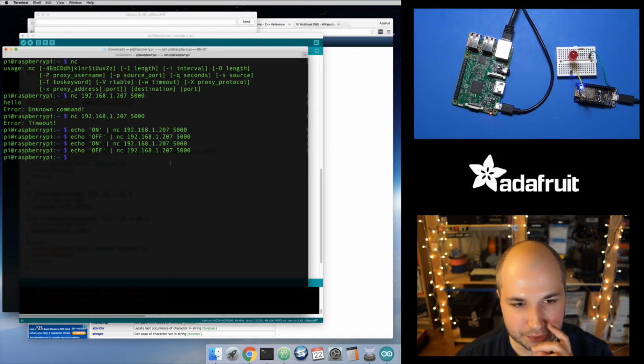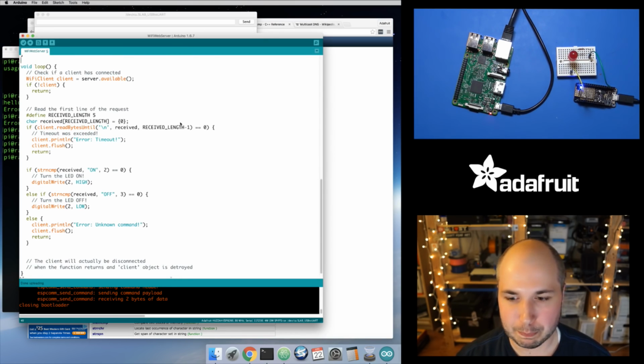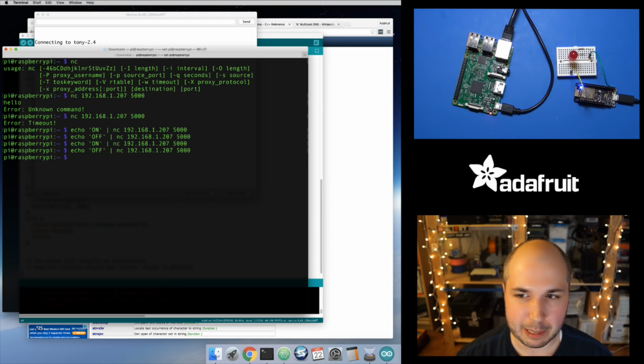So pretty cool. That's pretty straightforward and simple. We've taken their basic web server and just turned it into more of a simple little socket server. The next thing that I wanted to do is to show a good way to get around having to use this IP address, because it's kind of a chicken and egg problem. I've got this little Wi-Fi thing, but how does my Raspberry Pi know the IP address to connect